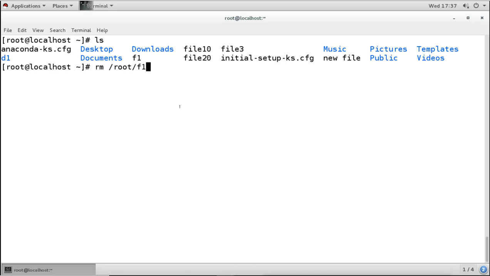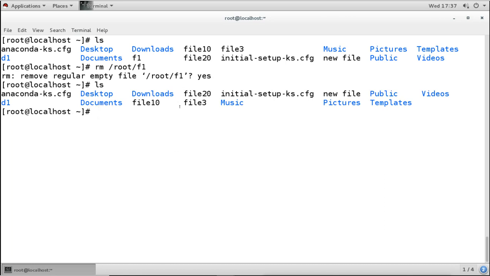I want to remove this file. Now when I press enter, it is asking me whether I want to remove the regular file. So I say yes, I want to remove it. And then it is removed. Now when you check, it is not showing the file, it is removed.